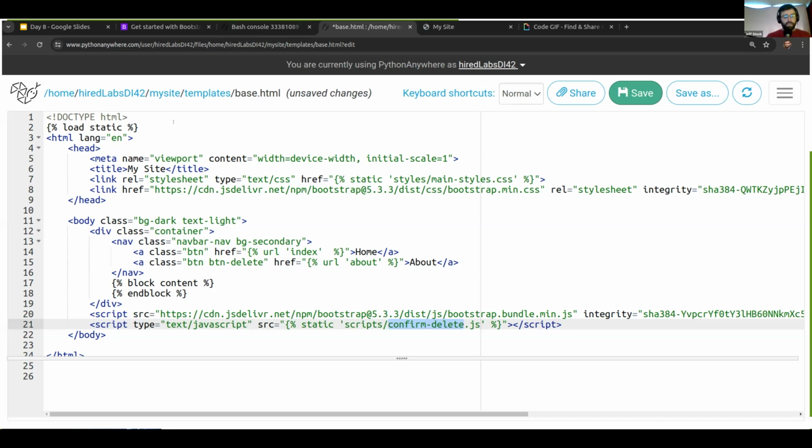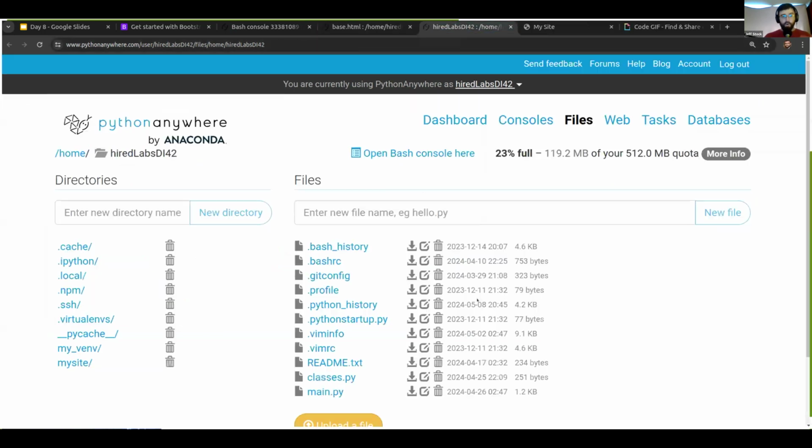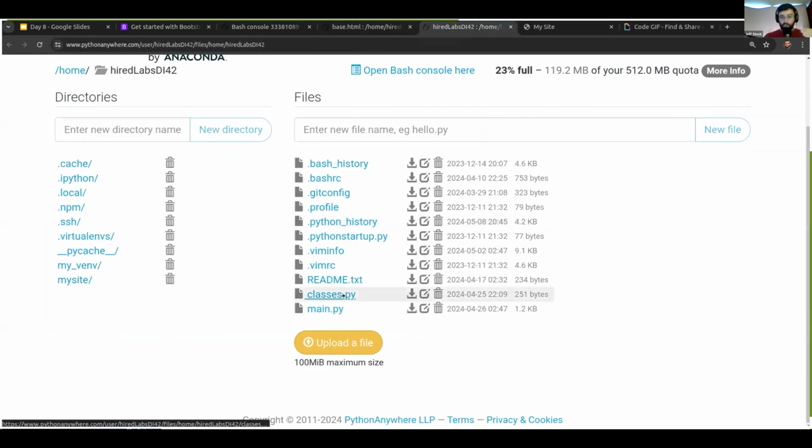All right. So now that we've got this in there, we've connected all the parts and pieces. We've moved our JavaScript out into a separate file location. Let's save this. Two last things we got to do before we make this totally work. First thing we got to do is another file configuration. So we've done most of our setup in settings to route all of our